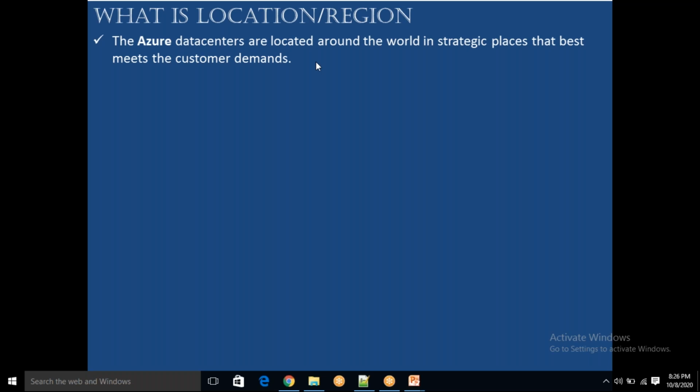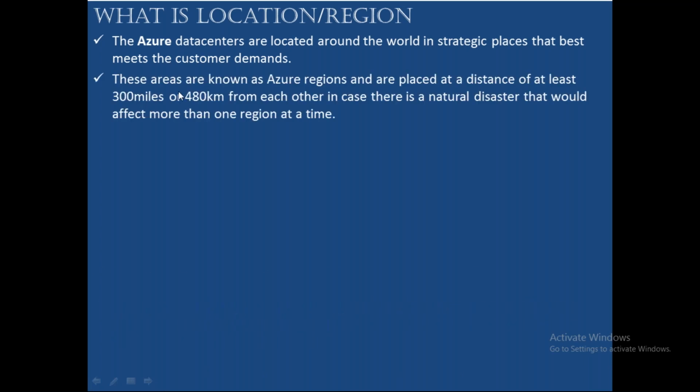How many data centers do we have? We have multiple data centers in different regions. These areas are known as Azure regions and are placed at a distance of at least 300 miles or 480 kilometers from each other, in case there is a natural disaster that would affect more than one region at a time. When we place these physical servers and storage, we maintain them in different places, at least 480 kilometers apart.